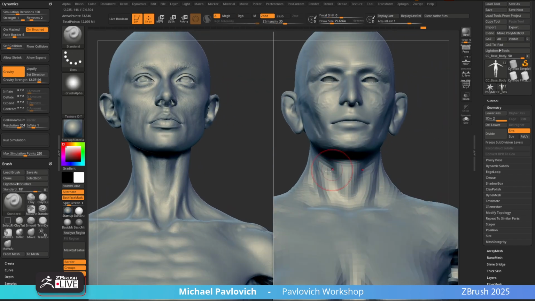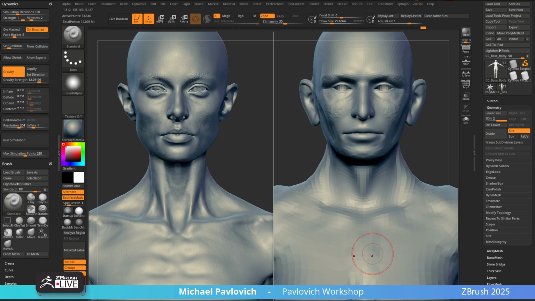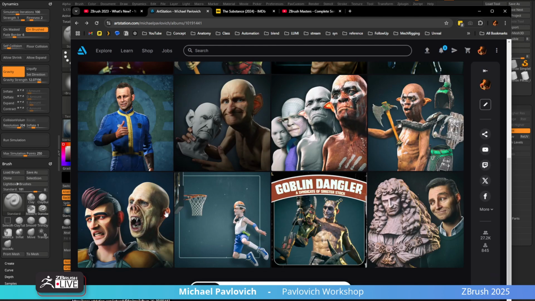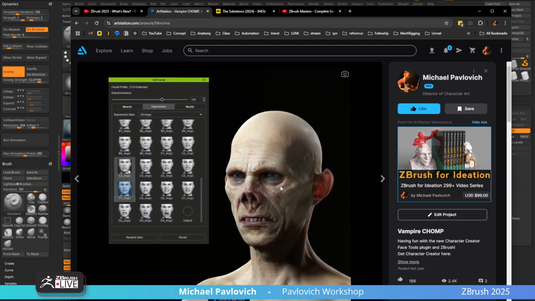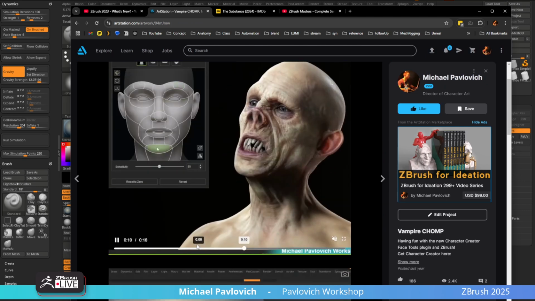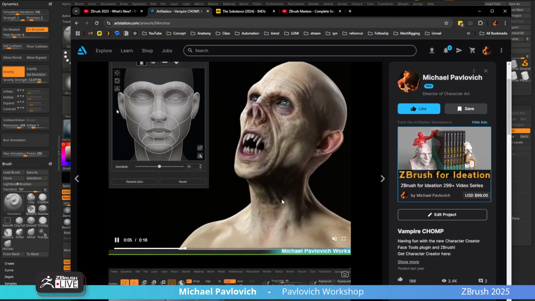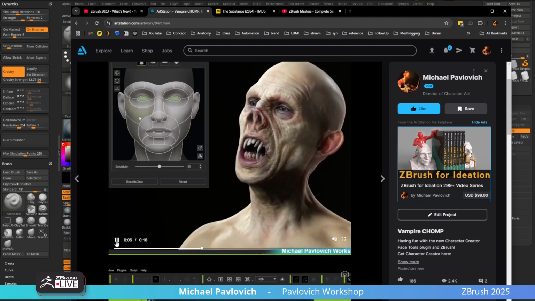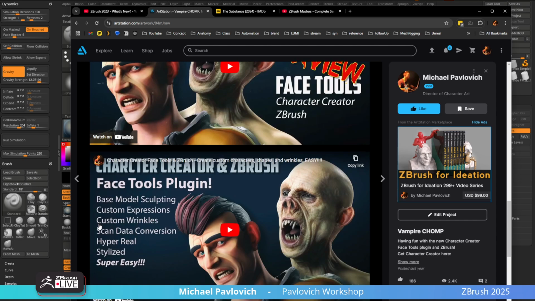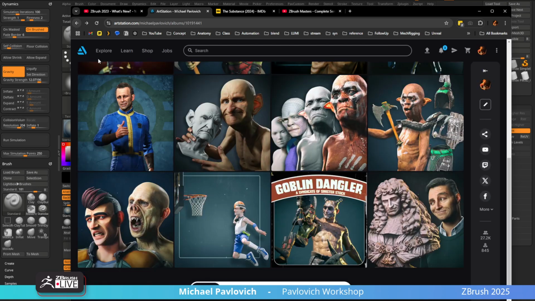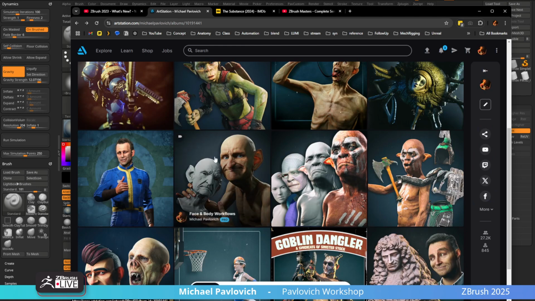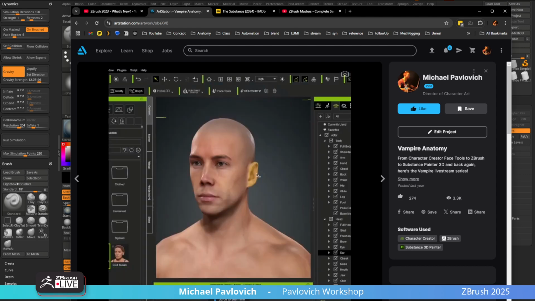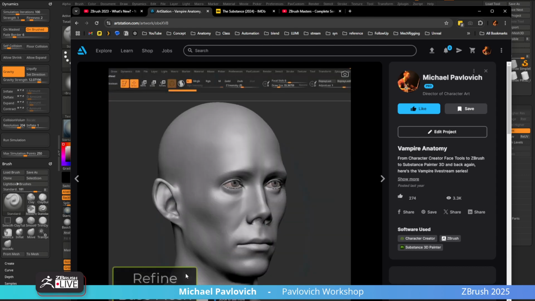Here's another cool one. So when we start, if we want to use face tools, let me show you that real quick. The vampire, yeah. So for example, the little platysma in the neck, as the head moves around, you can go ahead and use something called the face tools plugin to go through and, man, did I not? Maybe it's this one. There we go. So making of this vampire here,